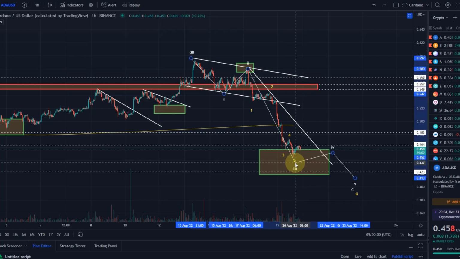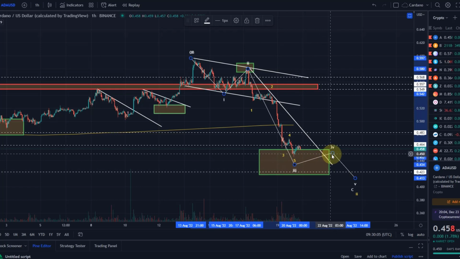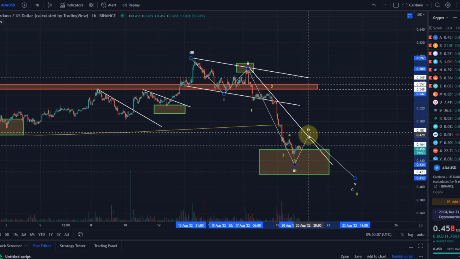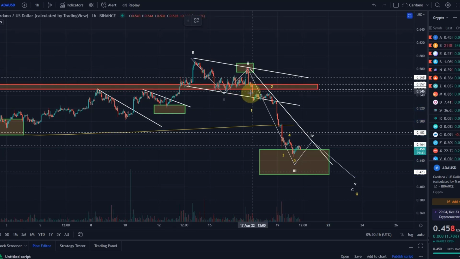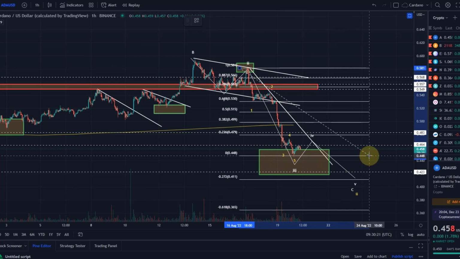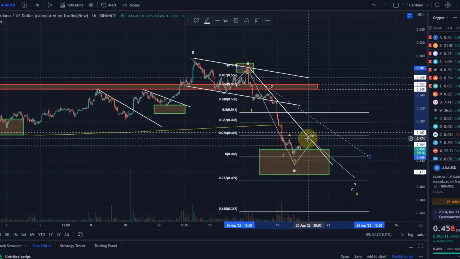The way this looks for me at the moment is that this here was only the 3rd wave. And we are now in the 4th wave here in white. So we can work out what the most likely retracement level would be for this wave 4 in white. And let's draw the fibs. That would give us as a minimum target actually the 47.8 cent level. So keep an eye on that. And again, this already shows you that if we go above this level here,